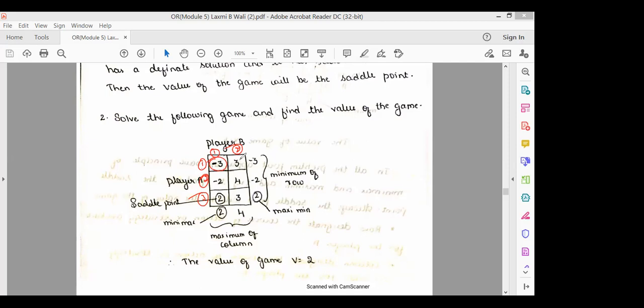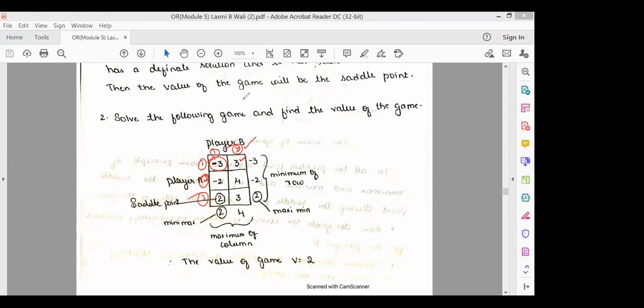The same way, here we have a 3. It means when player A uses the first strategy, he is gaining 3 points. It means B is losing 3 points when B is playing with the second strategy. Got it? So whenever we have a negative in a payoff matrix, it indicates the loss of player A, and that negative indicates it is the gain of player B, whenever they use the different strategies.